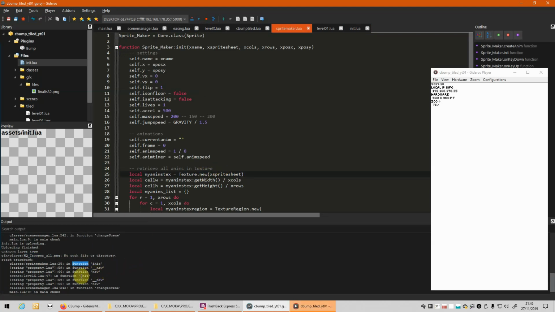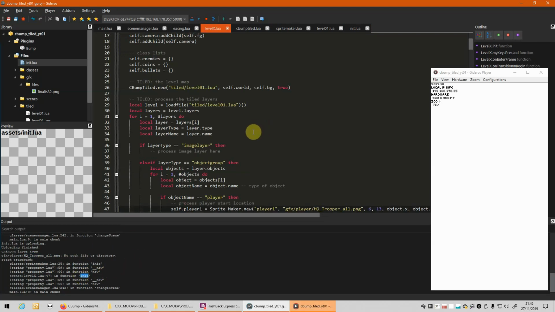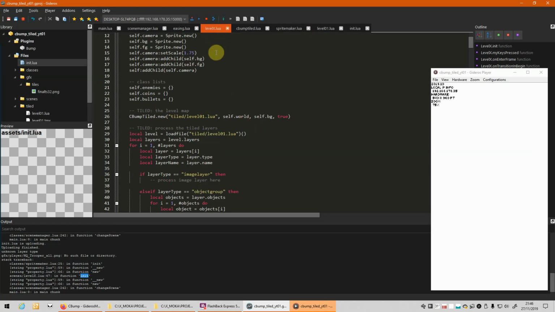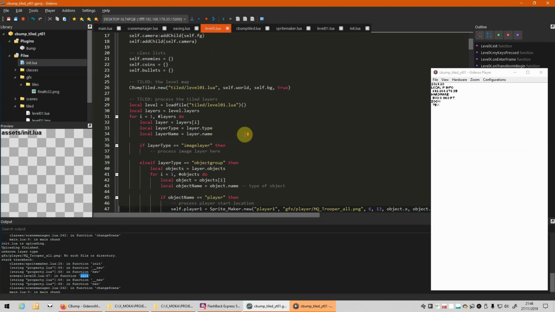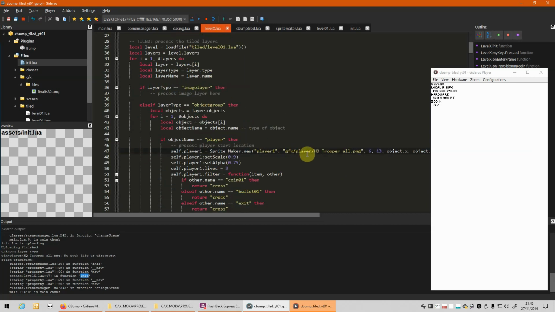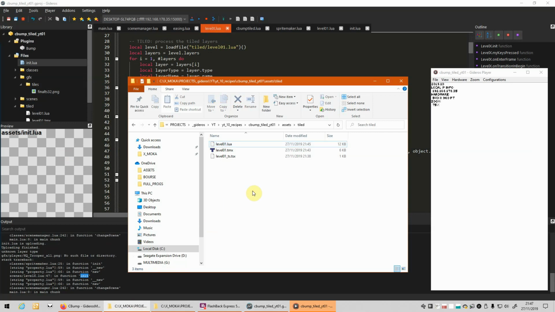Okay, HQ Trooper PNG isn't up, where is it? So that's in our level where we play. It says that we are missing some graphics, and that's true because we don't have any graphics yet. If we go and have a look in the folder, we have only the tile set. So we need to